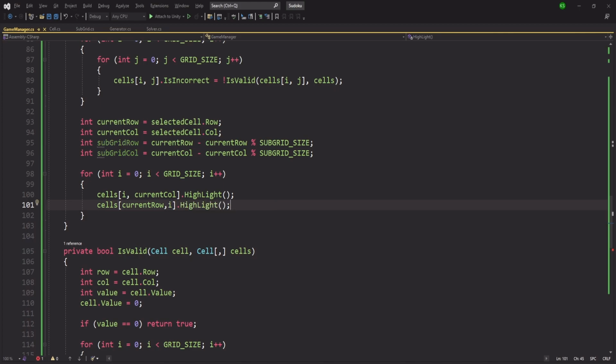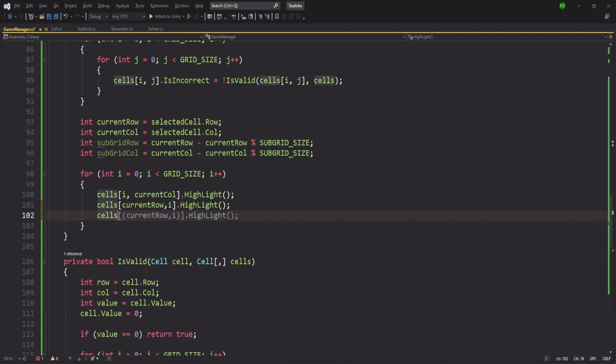So it is going to highlight the current row, and the cells at subgrid row plus i percent 3, comma subgrid col plus i divided by 3,